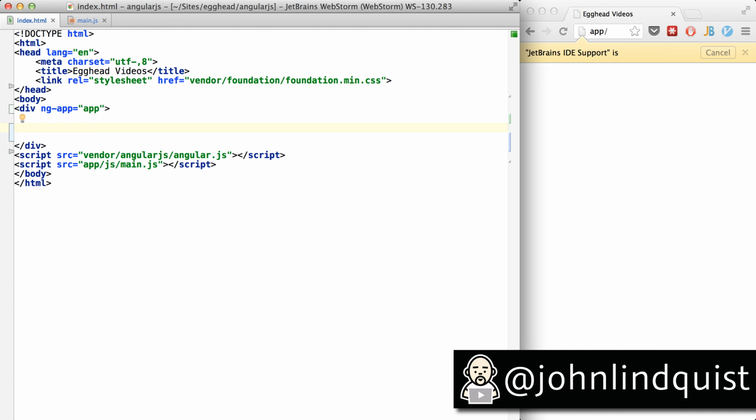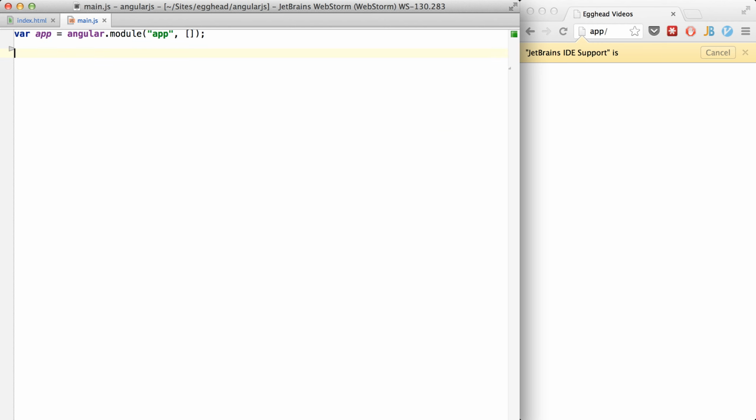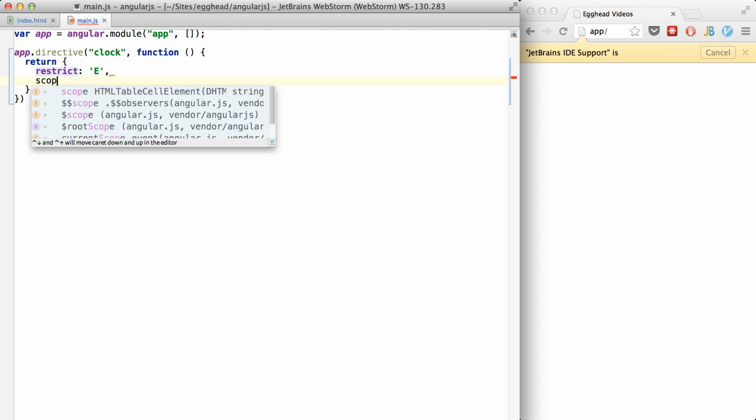I found a good way of explaining directives is to break them into two categories, components and containers. So a component would be something like a clock with an attribute with a time zone. We'll say that's MST, and then we'll create our directive here, app clock, restrict it to an element, scope where